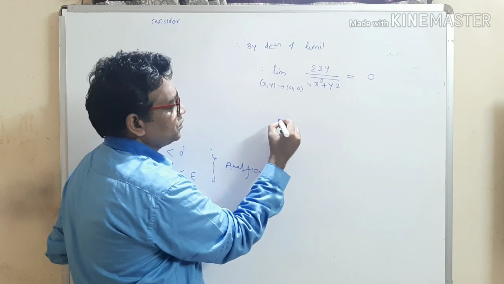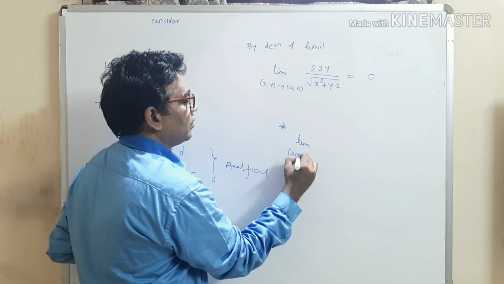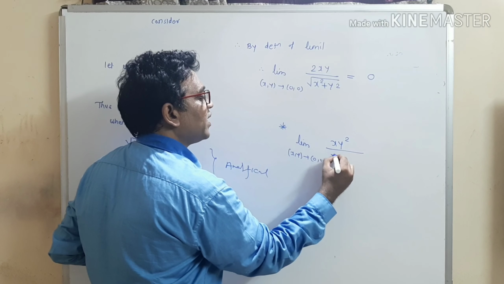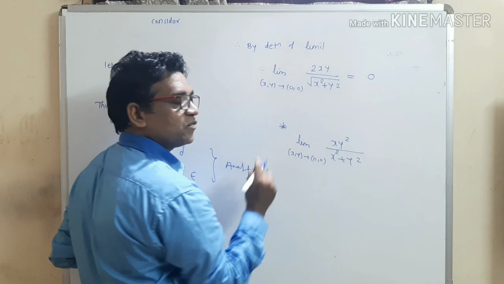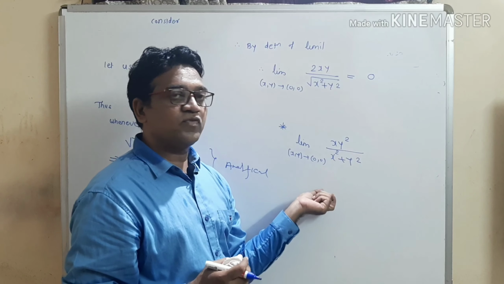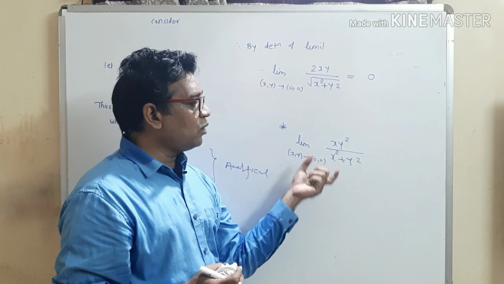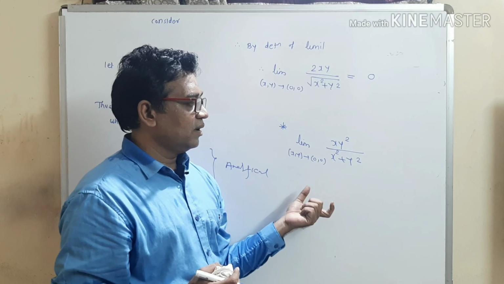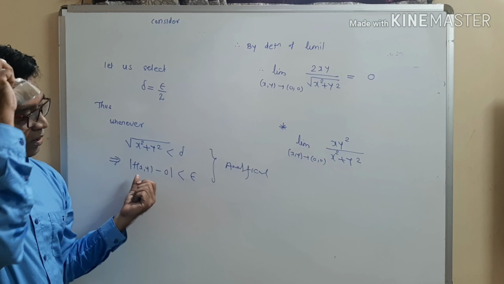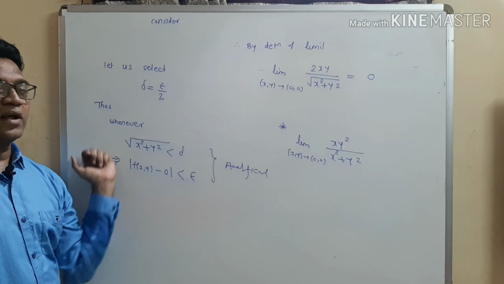Now this is homework for you. To evaluate limit (x,y) tends to (0,0) of the function xy square divided by x square plus y square. This is the same pattern. The denominator contains the same factor x square plus y square. That means 0 is the limit, and we know how to show that 0 limit. How to show the 0 limit? Always we require the method. That method is called finding the limit by analytical method, and this is the analytical method.